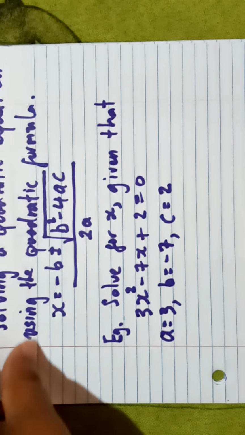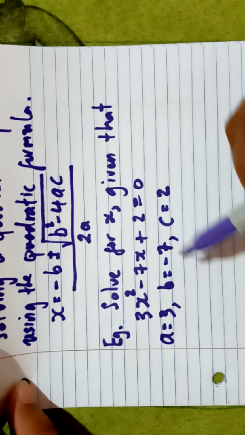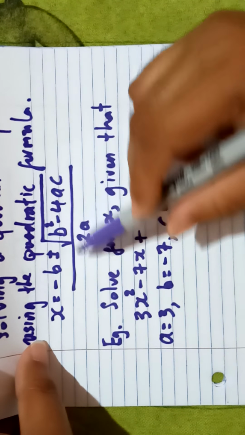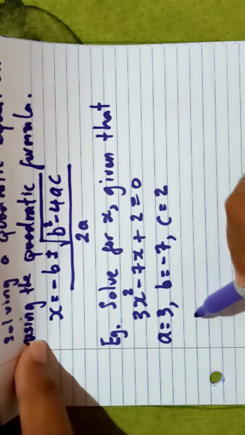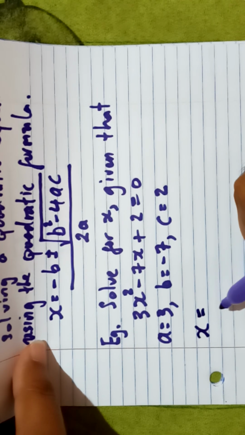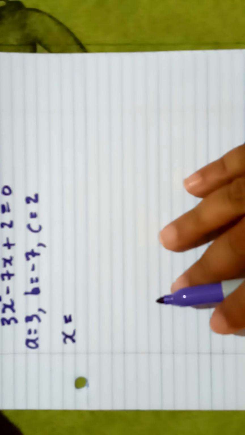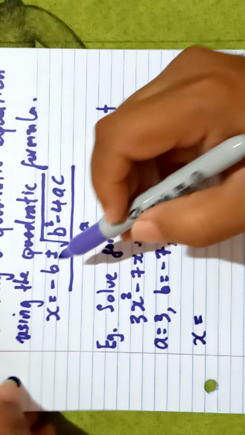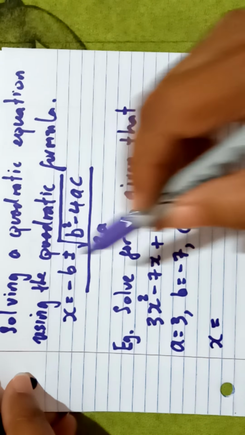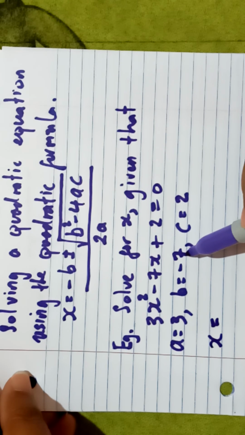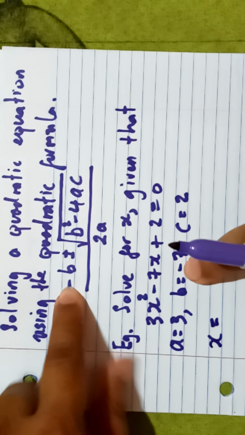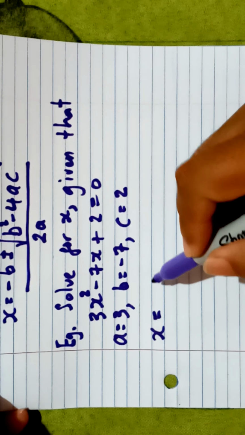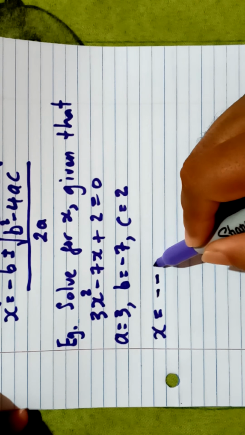Alright, so now that we have found the values for a, b, and c, we're going to plug these values into the formula. Just following this formula here, we're going to have x equals, well, the formula says negative b, but b is actually negative 7. So these two negatives are different. What we do is put both of them together. So we get negative 7